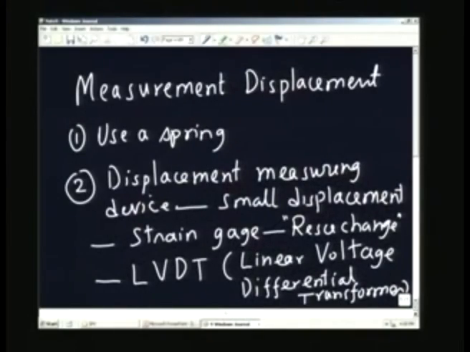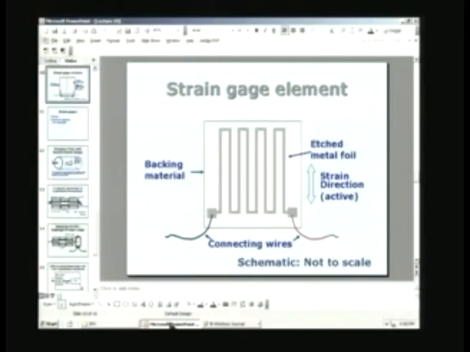But in this particular example we are taking, we are interested in measuring a pressure using the strain gauge as the displacement transducer, which measures the displacement, or we can use the LVDT. It is a linear voltage differential transformer which can be used for measuring the displacement. What I will do now is just show this, because we have just enough time to look at this and take up the detailed study of these things in the next lecture. So, let us look at some of the things. I will come back to some of these in the next lecture.